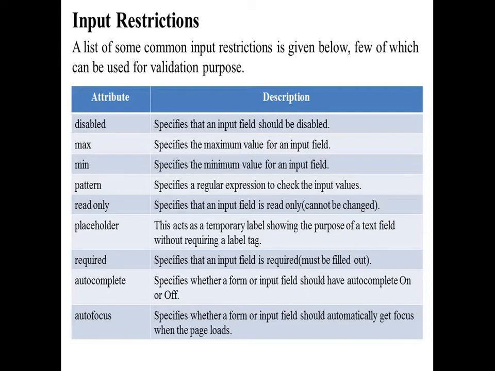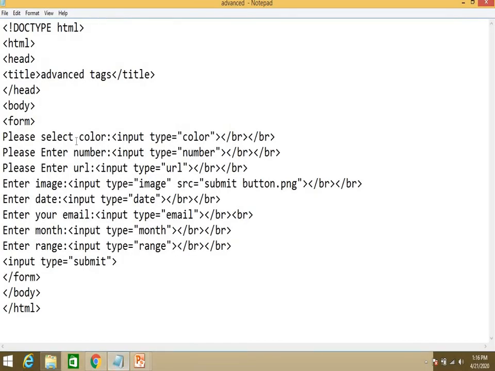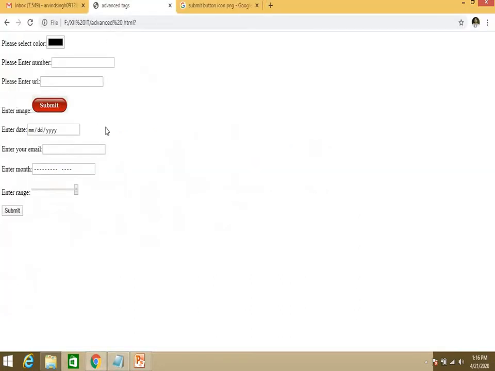Okay, so the first one is disabled. Where you will write down this as disabled. For example, if you write disabled over here, with input type equal to number, let's see the effect of that.